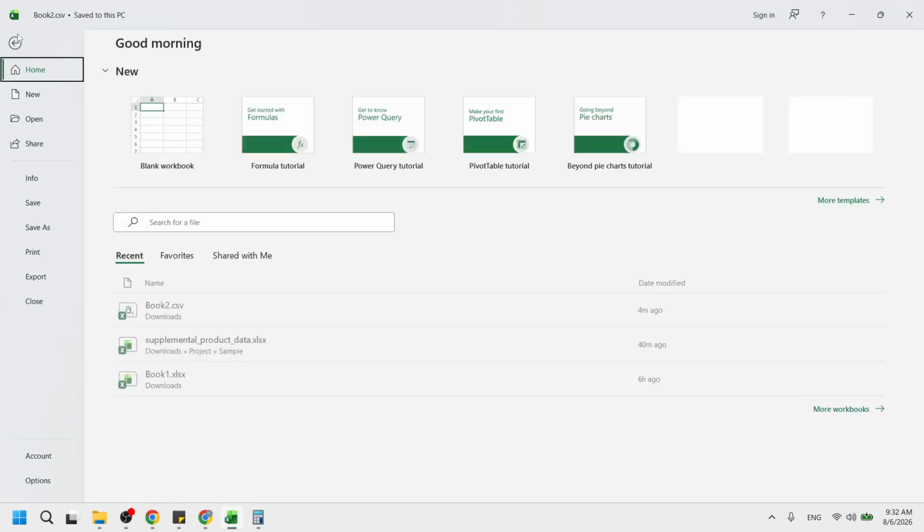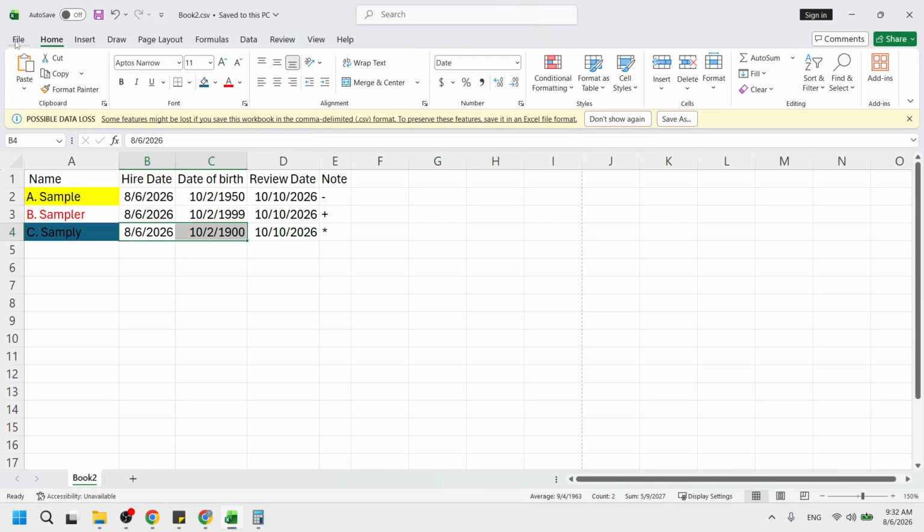Then make a clean table with strict headers in row 1. In a new file, choose a blank workbook, then click into cell A1 and type your first header. Typical headers for calendar imports are things like subject, start date, start time, end time, and description. Each header must be in its own column, and every row under those headers should follow the same pattern. Make sure there are no completely empty header cells, and avoid merged cells in this table.